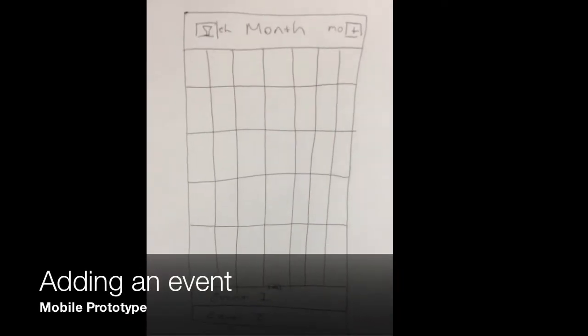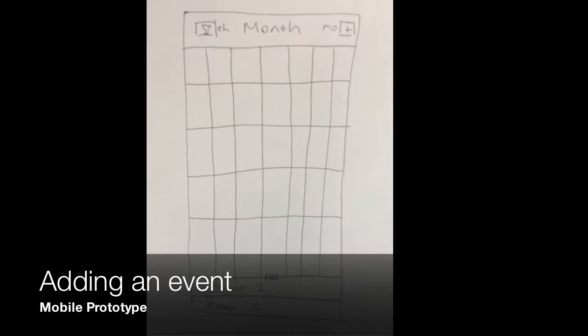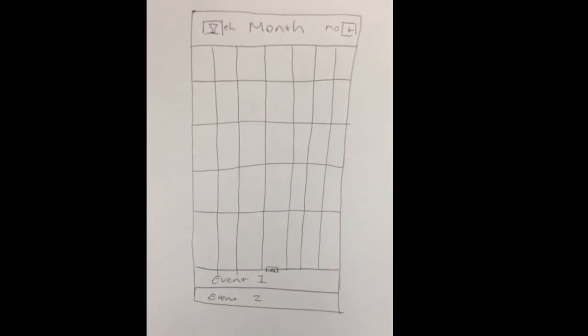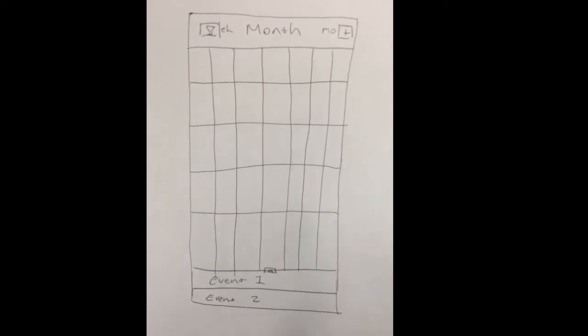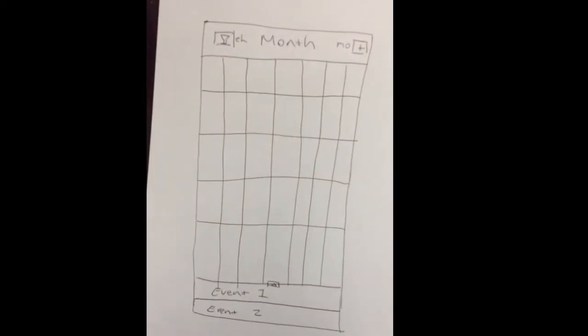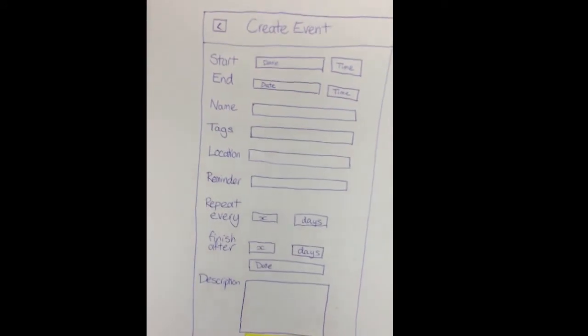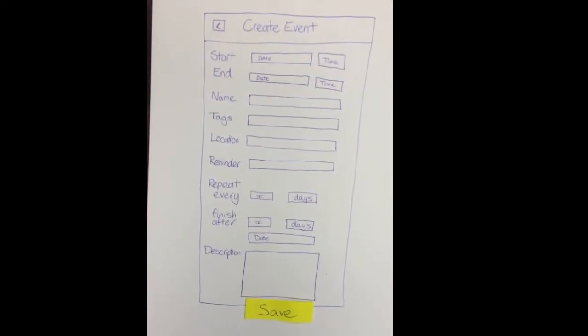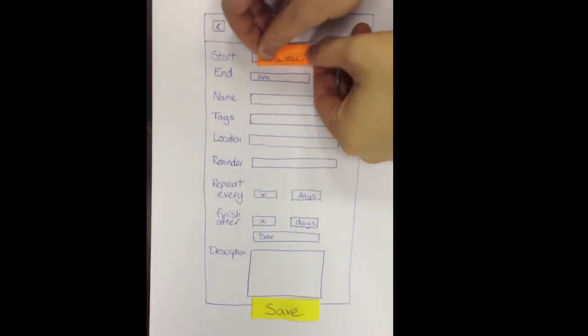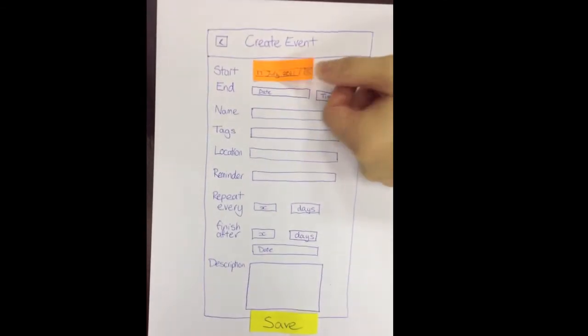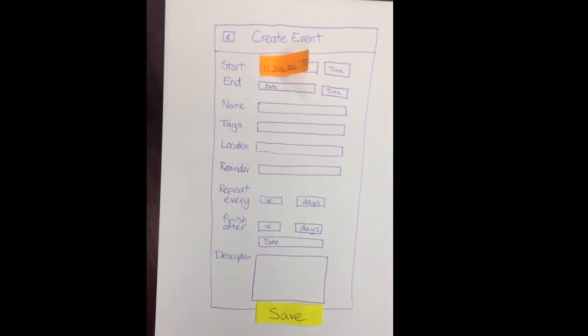Okay, this is the add task for our mobile view. So this is the month view right now. So click on the add button, and then the screen swaps over to this create screen, and then you would enter the start date, and this would show up, and you would also enter your time, which is 12 PM in this example, and then you'd enter your end date,